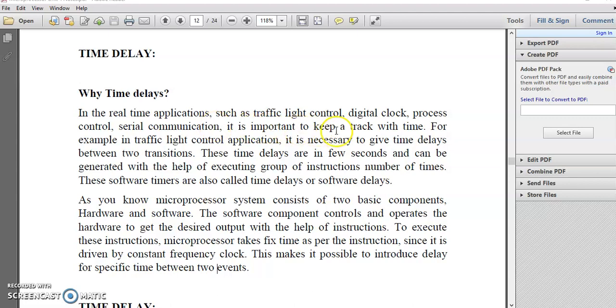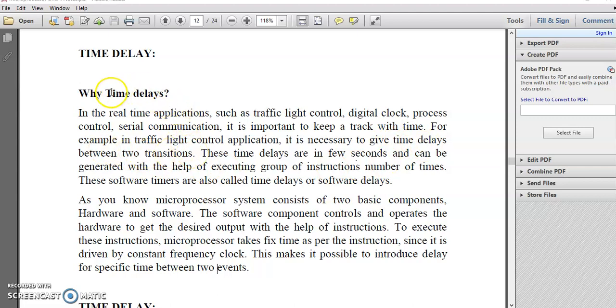We need to keep track with time. So, if we want to introduce some time delays between two events, we need some time delays. For example, in a traffic light control application, it is necessary to give time delays between two transitions.